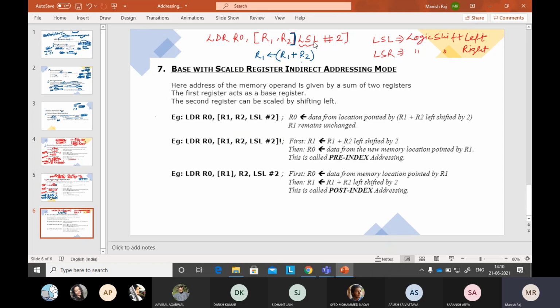Okay, we were writing this as normal. This time one more thing is added: LSL, that is 2. So what is the meaning of that? That means you have to move the R0 register. This R0 register you will move the shift to. Okay, so this time R1 will get the value of R1 plus R0 logical shifted by 2 value.